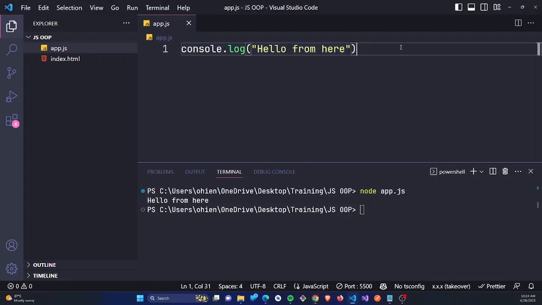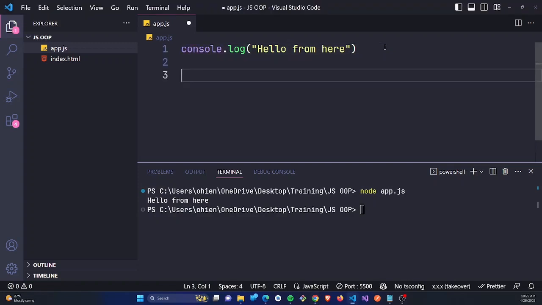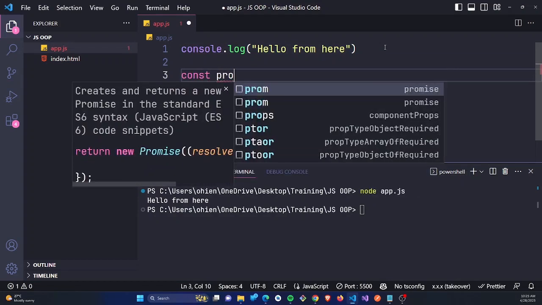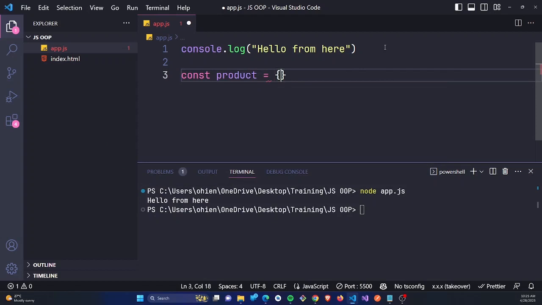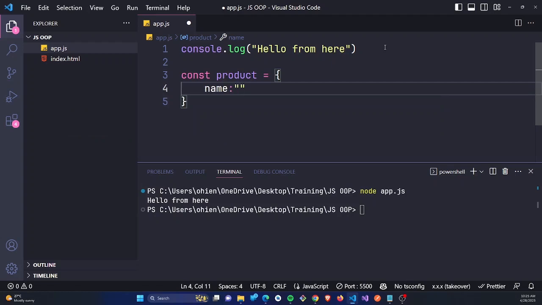So in JavaScript, I know some of us are already used, most especially if you were in the last class, to the fact that if you want to create an object in JavaScript, all you have to do is just create a variable, like, let's call this a product, and you set it equal to curly braces. Then inside these curly braces, you can say name, colon, you give the product a name, comma, you say